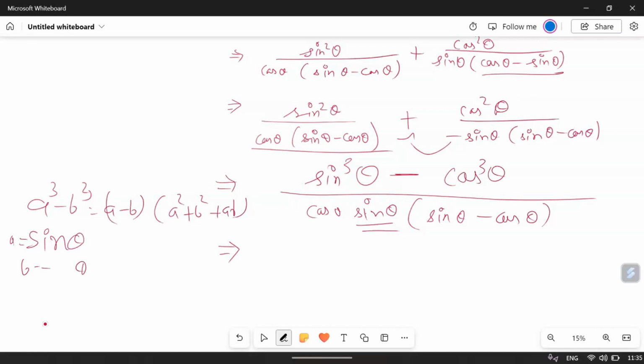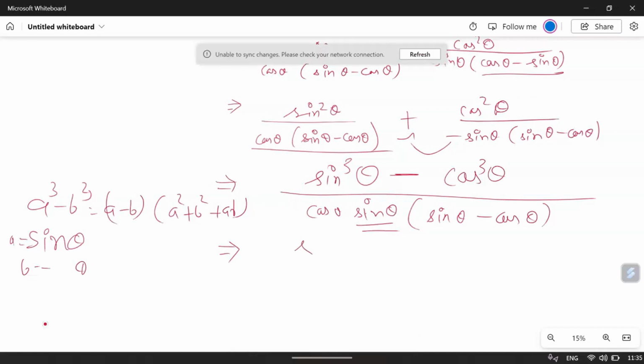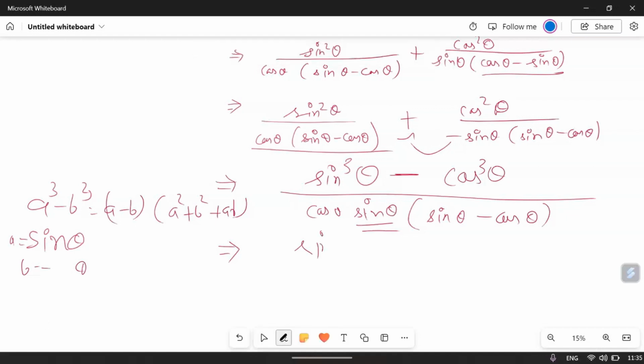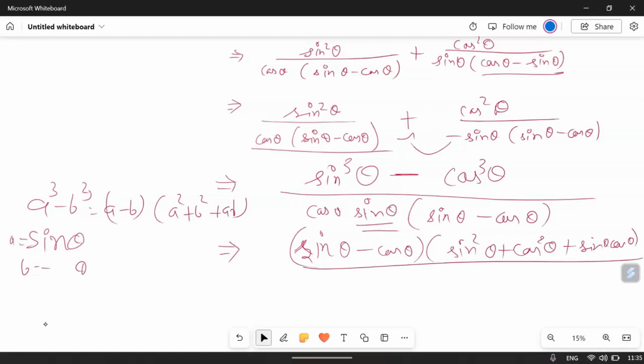So we can use this identity: sine theta minus cos theta, sine square theta plus cos square theta plus sine theta cos theta, divided by cos theta sine theta